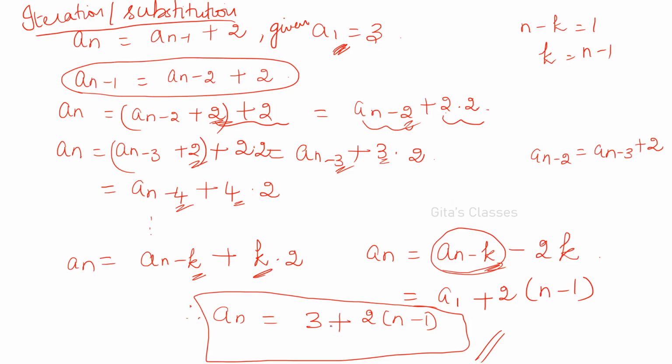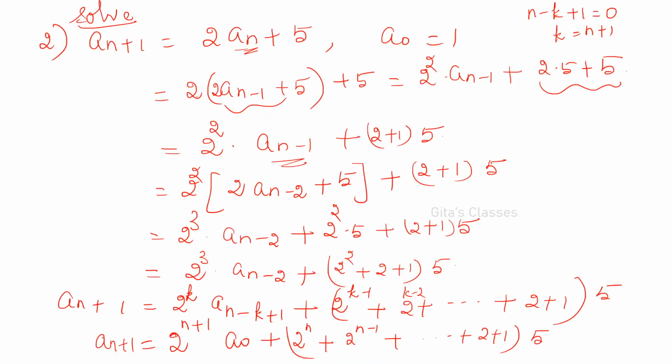So always remember, in the solution of the recurrence relation by iteration, on the right hand side you are not supposed to have a values at all, only a function of n. You are not supposed to have a n minus 1 or a n minus 2 etc. in the right hand side. So a n should be a pure function of n. Please remember that. And if you substitute it in the recurrence, it should satisfy the given recurrence relation.